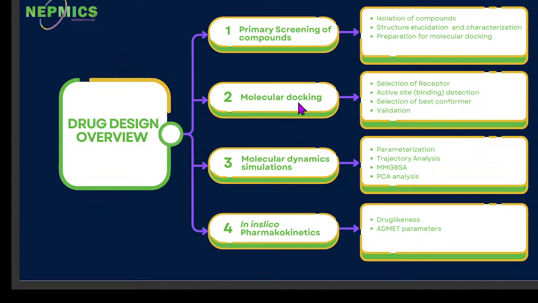For molecular docking, we also selected the appropriate receptor for these alkaloids, and it was acetylcholinesterase. I have already told you 1QTI is the PDB ID of that receptor. And then we also predicted the binding site using PDBsum, CASTp, and a lot of other online tools. And then we performed molecular docking with AutoDock Vina, and then we selected the best conformation out of 9